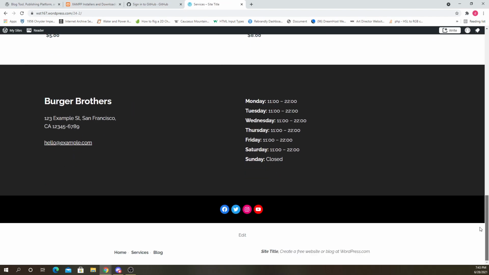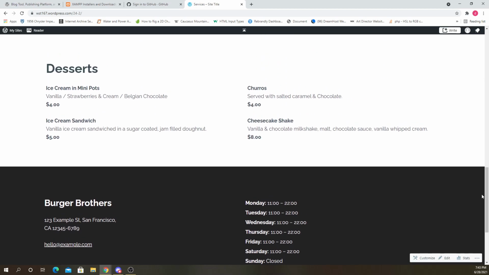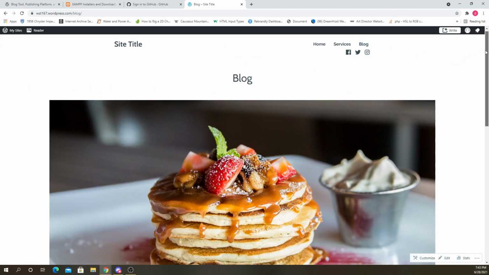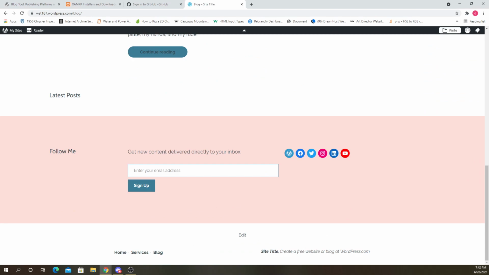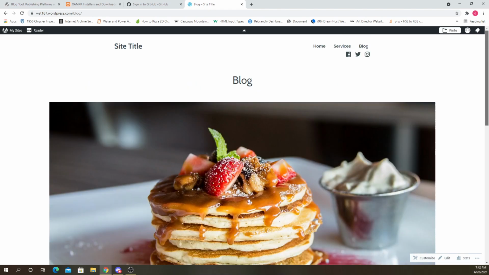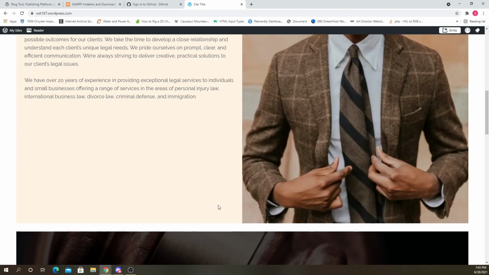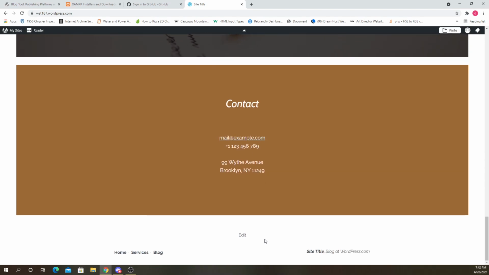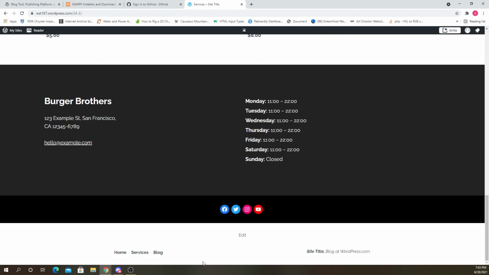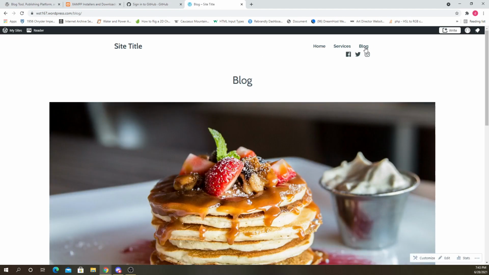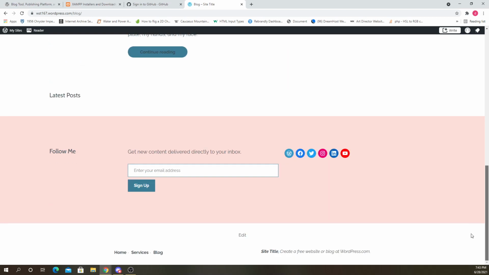Okay, so I'm scrolling down. So that's not the footer. This is the actual footer here, the part that says edit the white area. If you click blog, again, that white area. So this is just like the footer for that one page. But footer, usually you want the footer to be on every page, same thing. And right now it's just this. It's got some buttons to visit the other pages. So it's basically whatever you put on the menu. I put these 3 buttons. They're all gonna be here too.